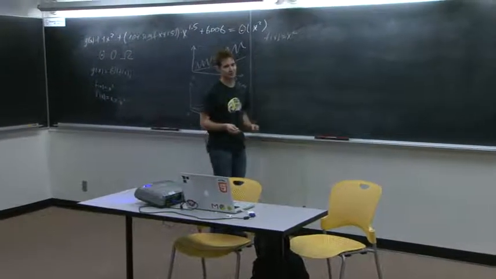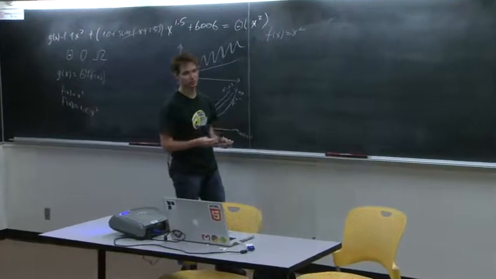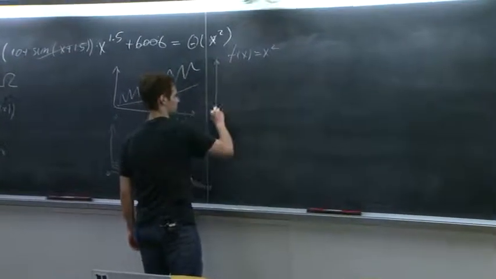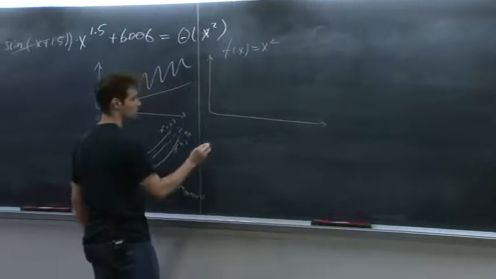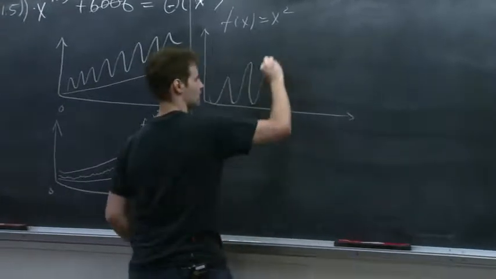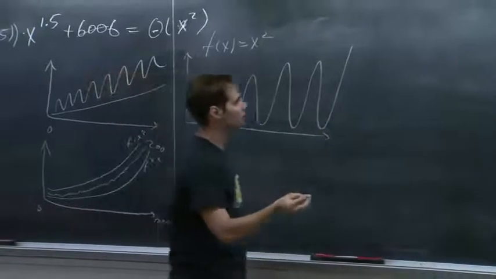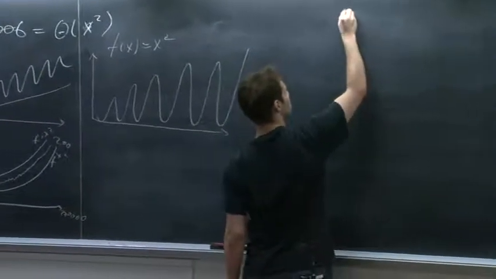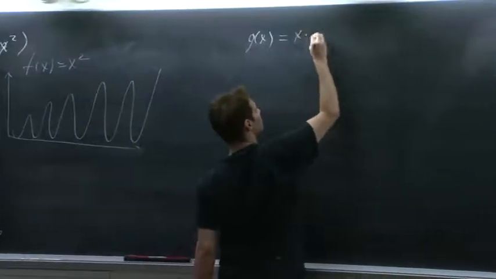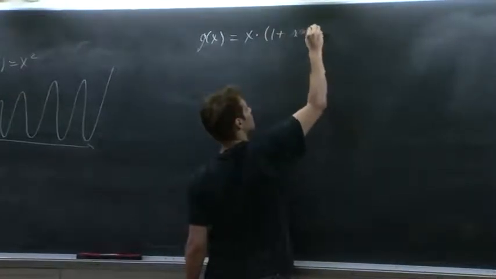Fortunately, it doesn't matter too much. So we're trying to get an idea of how the functions look in the bigger picture. So most of the time, it doesn't matter. I'll give you an example, though, of where it matters and how it could matter. So suppose I have another function that looks like this. So this is kind of ugly, too. This function is g of x, say x times 1 plus sine of x.